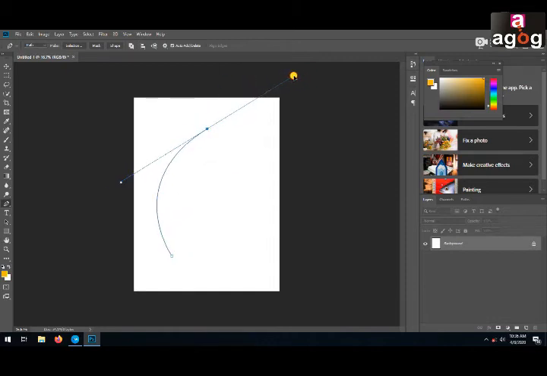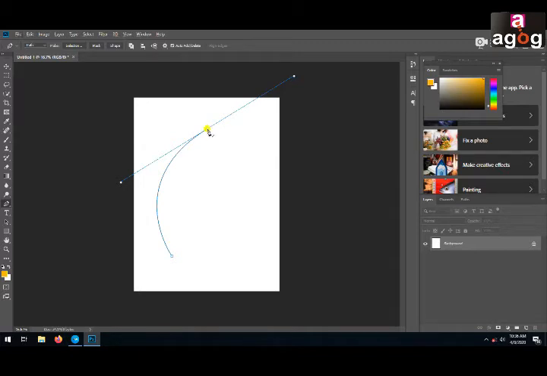Now it looks perfect. Then release. Now I want to join these two nodes like this curve. So I have to press the Alt key, then click on this node. You can see this angle symbol near my cursor. If you don't hit your Alt key, it will disappear.